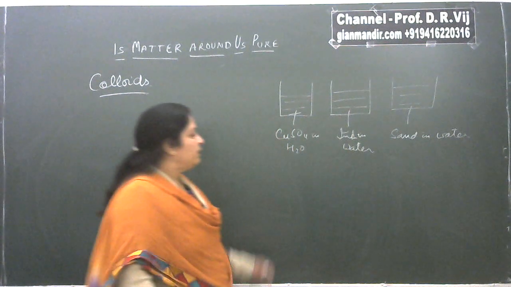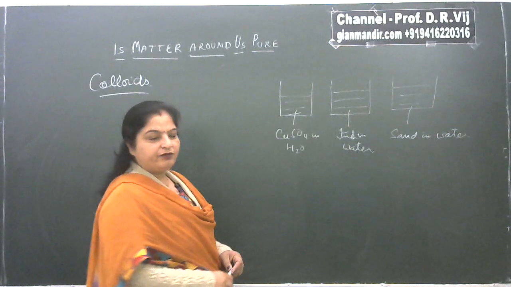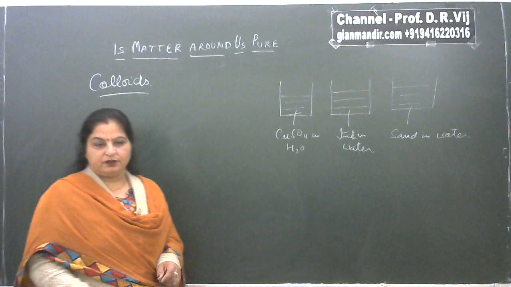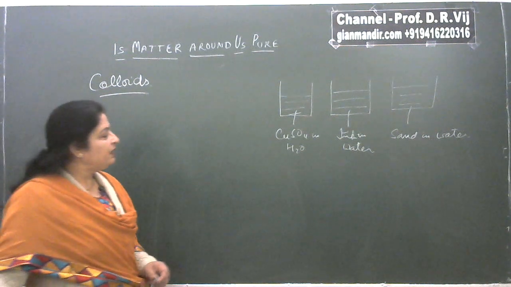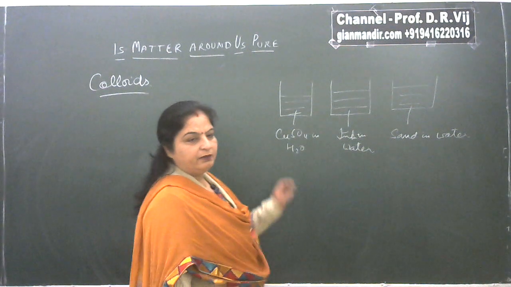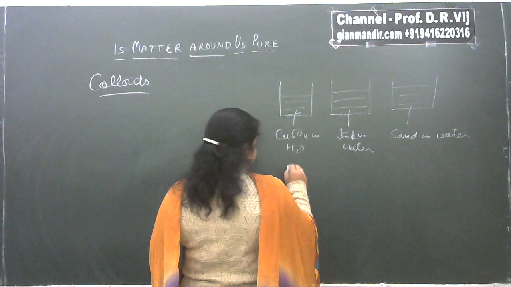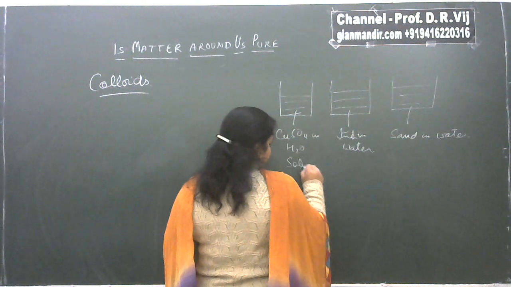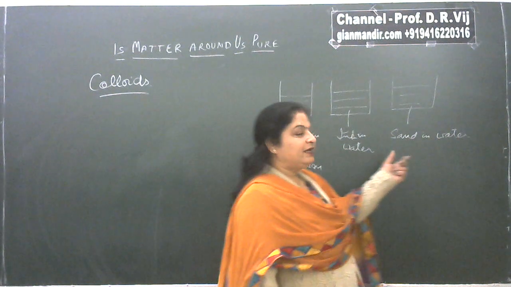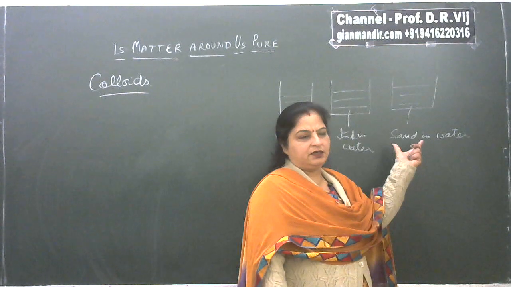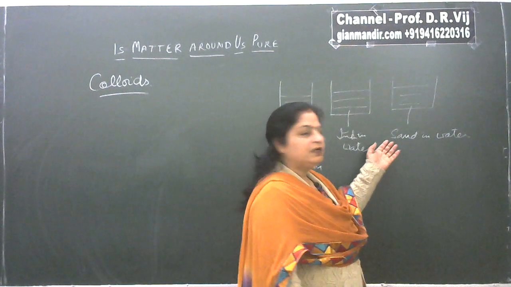water. So in first case you were getting a clear transparent colored mixture, because copper sulfate is blue in color, and that clear transparent homogeneous colored mixture, it was what? It was solution. On the other hand, when you have added sand in water, you were getting a heterogeneous mixture where the